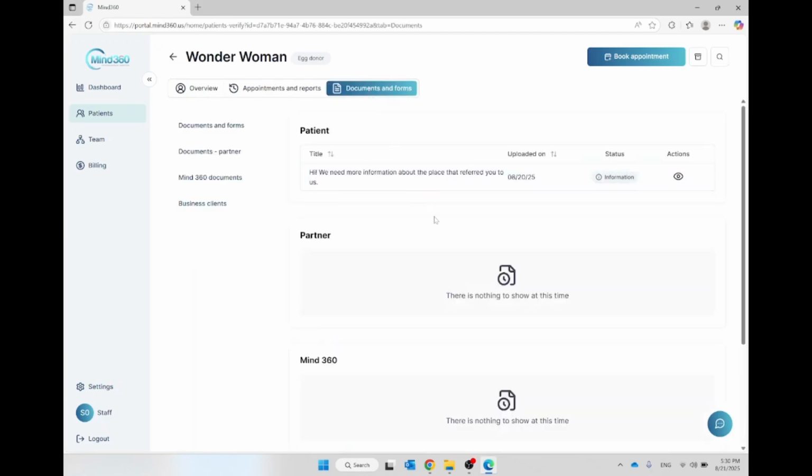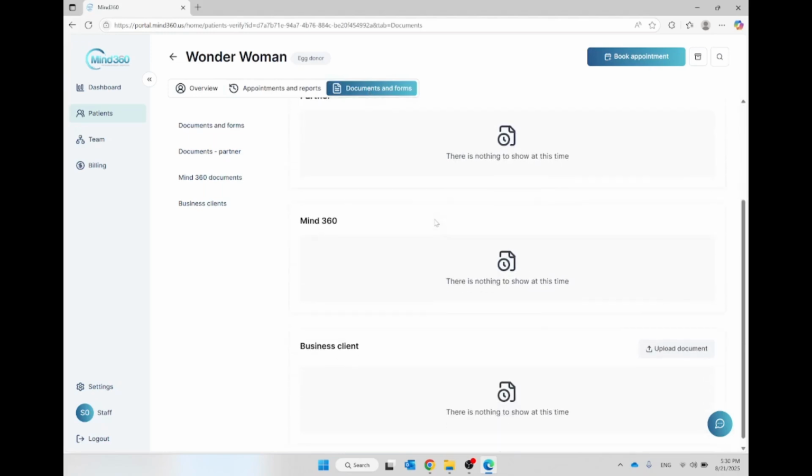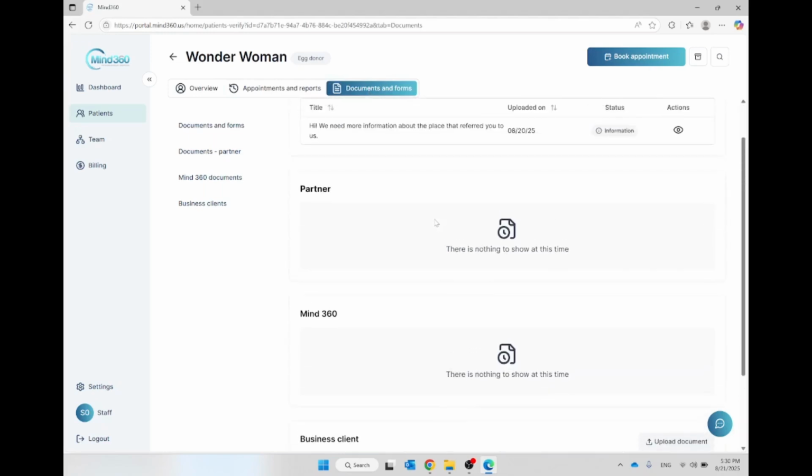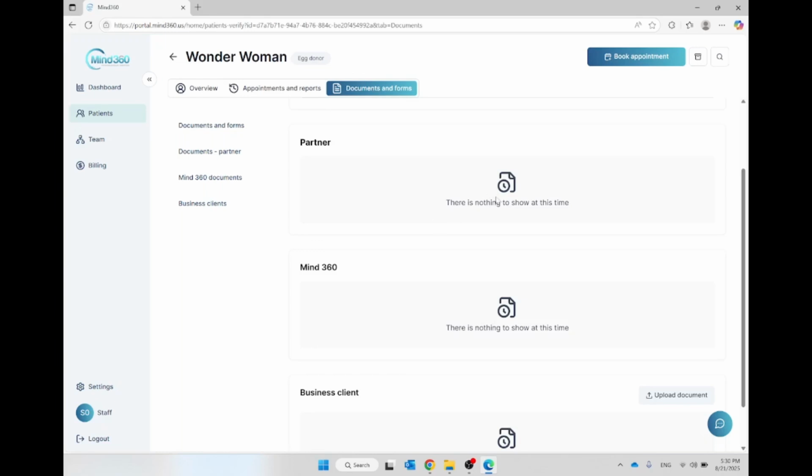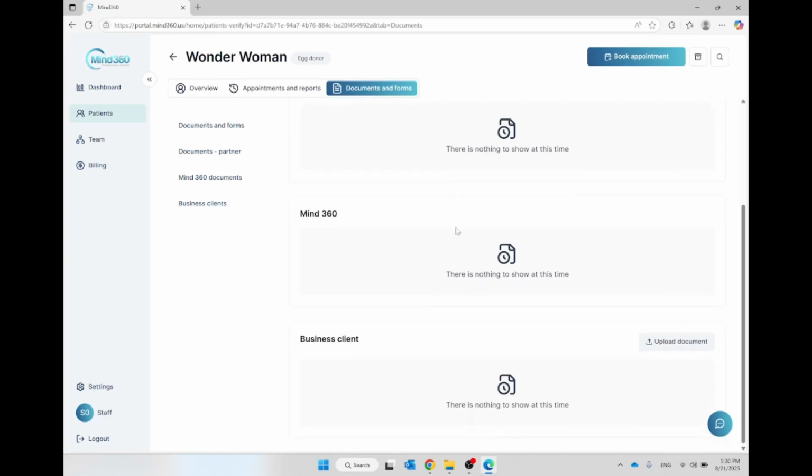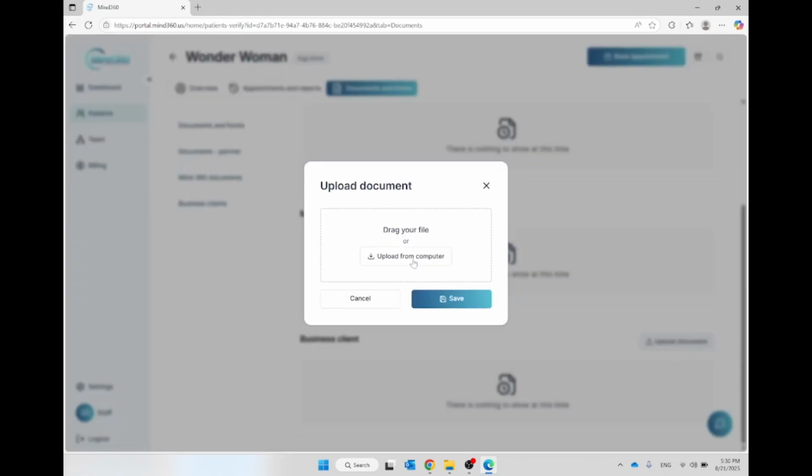So in this tab, you also have documents and forms that the patient can upload and that the partner can upload, that we may upload, that you can see, but also for you. So under business client, there is an upload document button. You can click here and simply upload a document. Very easy to do. You can drag and drop in here, or you can just browse your computer and upload